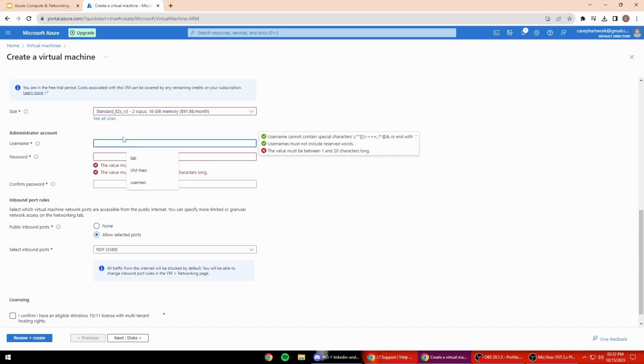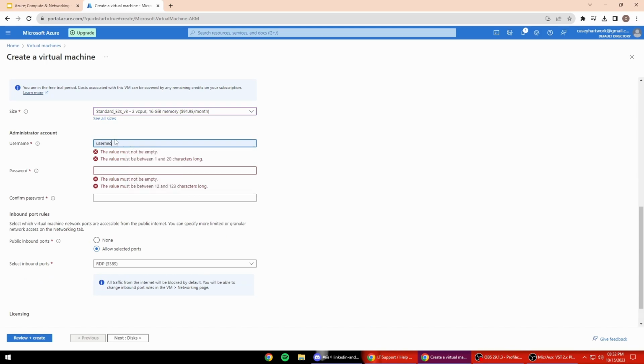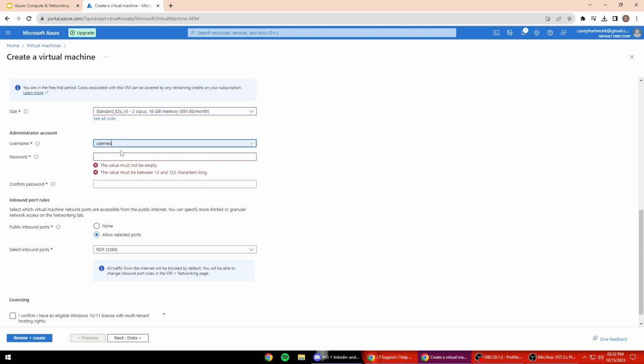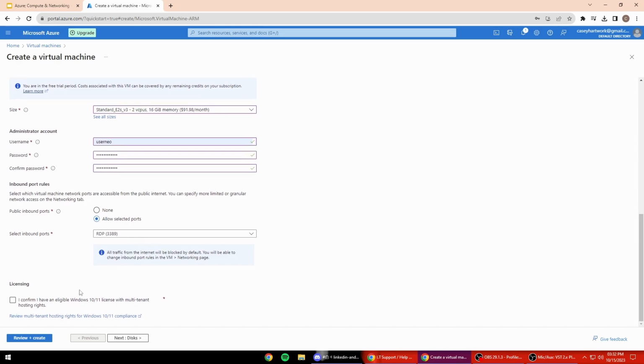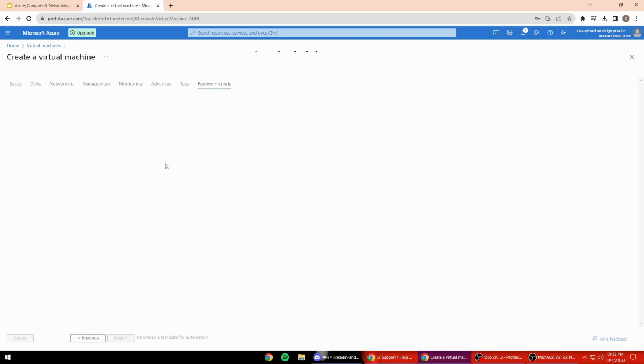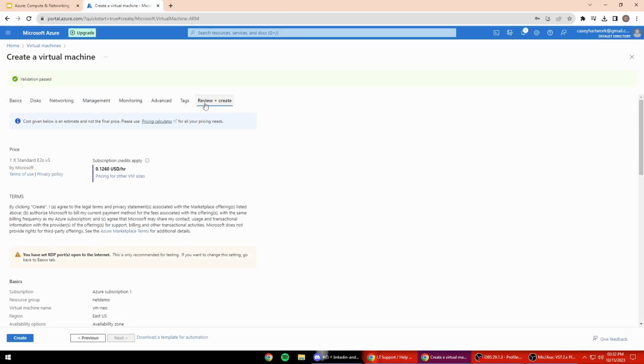So let's see, we'll make this user Neo for our username, and we'll put in a password. All right, and make sure you confirm your licensing box right here. Make sure to check that. Let's review and create. There are other things you could look at within your virtual machine too, but for the first one, we're just going to create it by default,